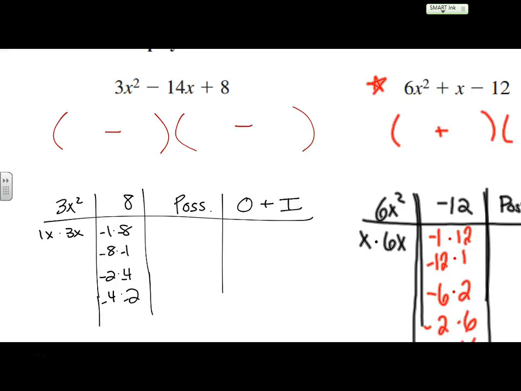Yeah, I think so. 1 and 8, 2 and 4. You could do 8 and 1. Do you see how by switching these, I'm already doing all the others? You can use the same one for each. Makes sense. So then,